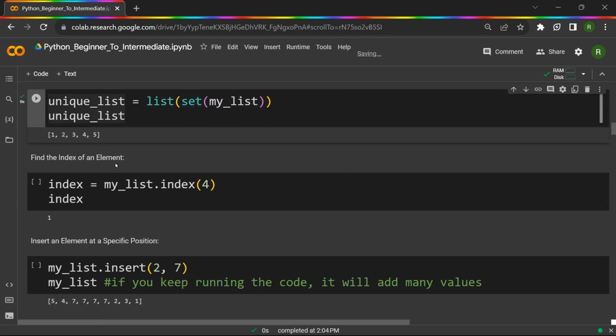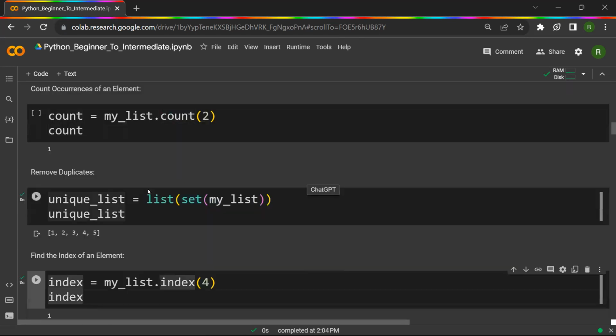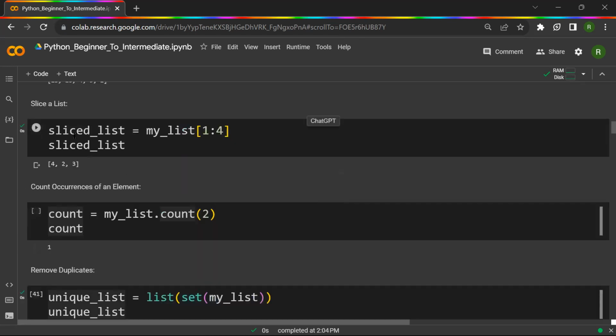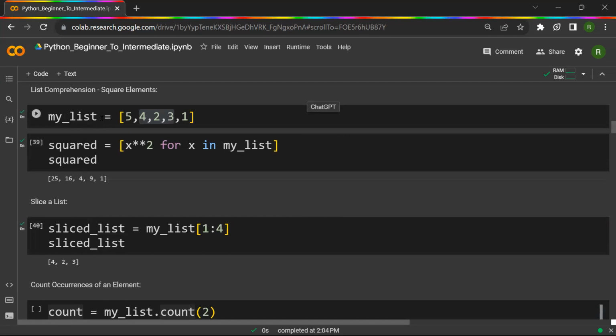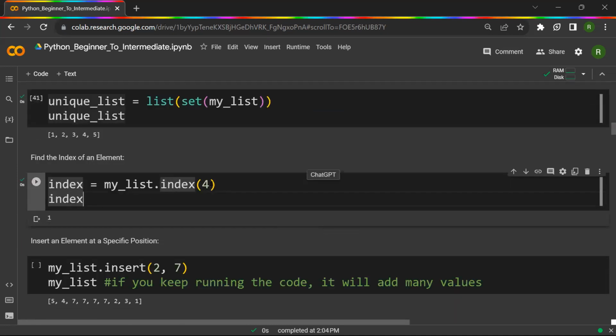Now to find the index of an element, you just put this 4 and run. So index equal to mylist.index(4). So in my list, where is 4? In my list, 4, right? So 0, 1, 2, 3, 4. I think I have reversed it. So that's the reason I should get the value as 1. So in the fourth position,